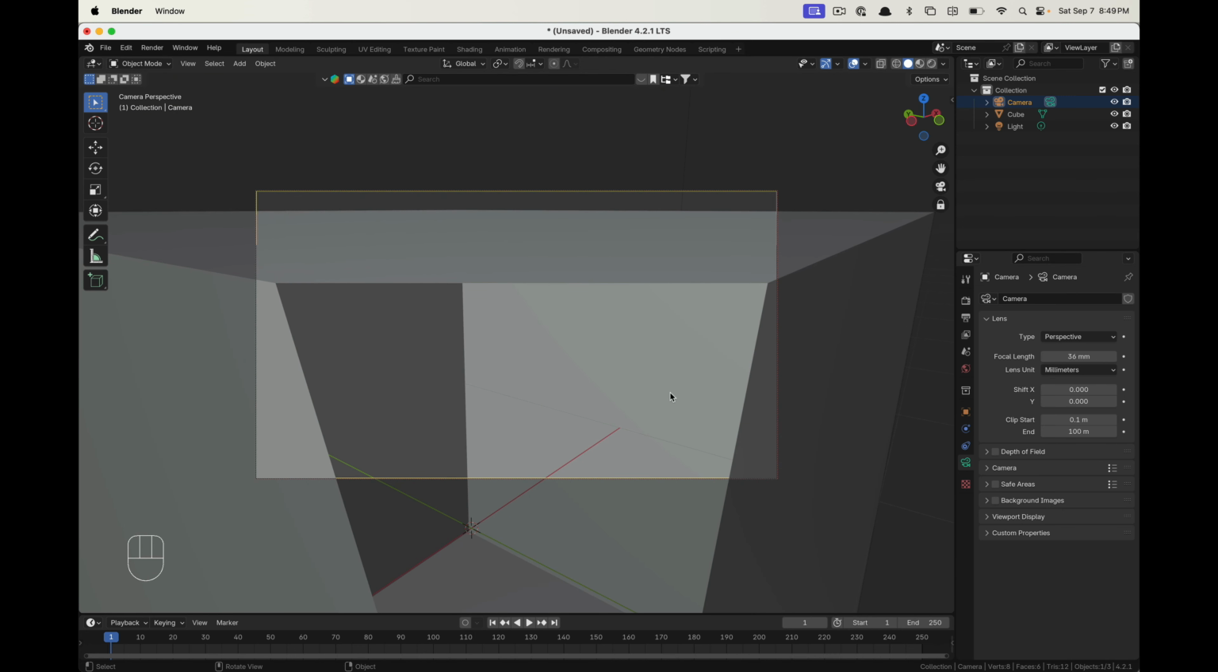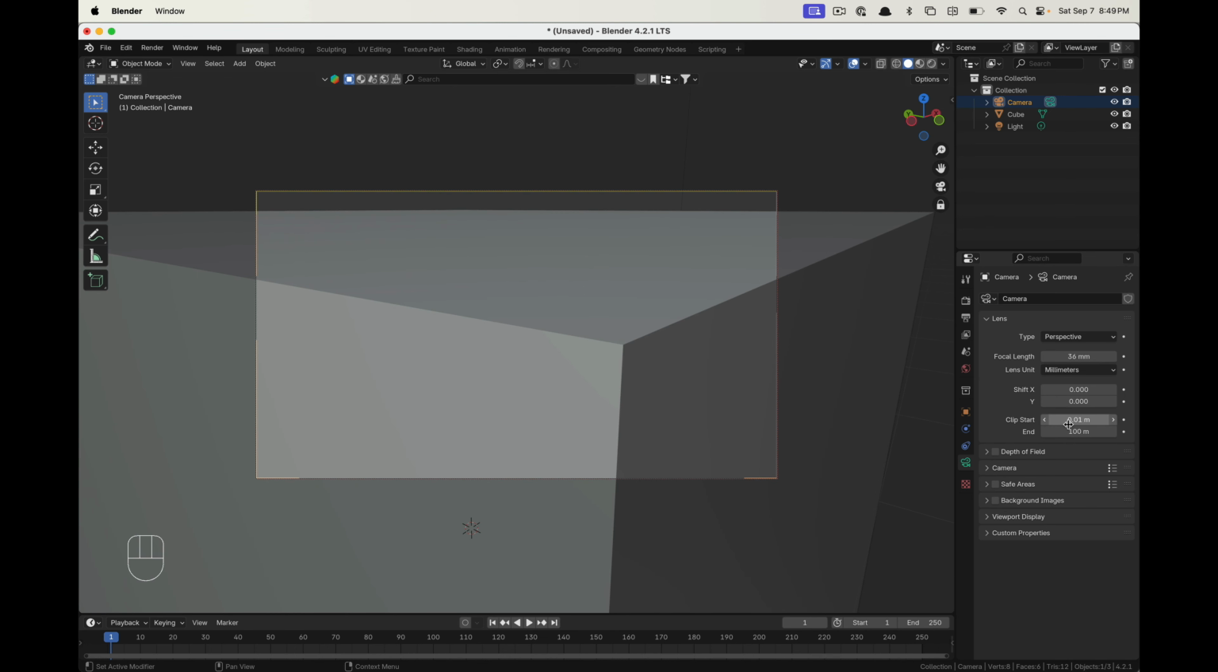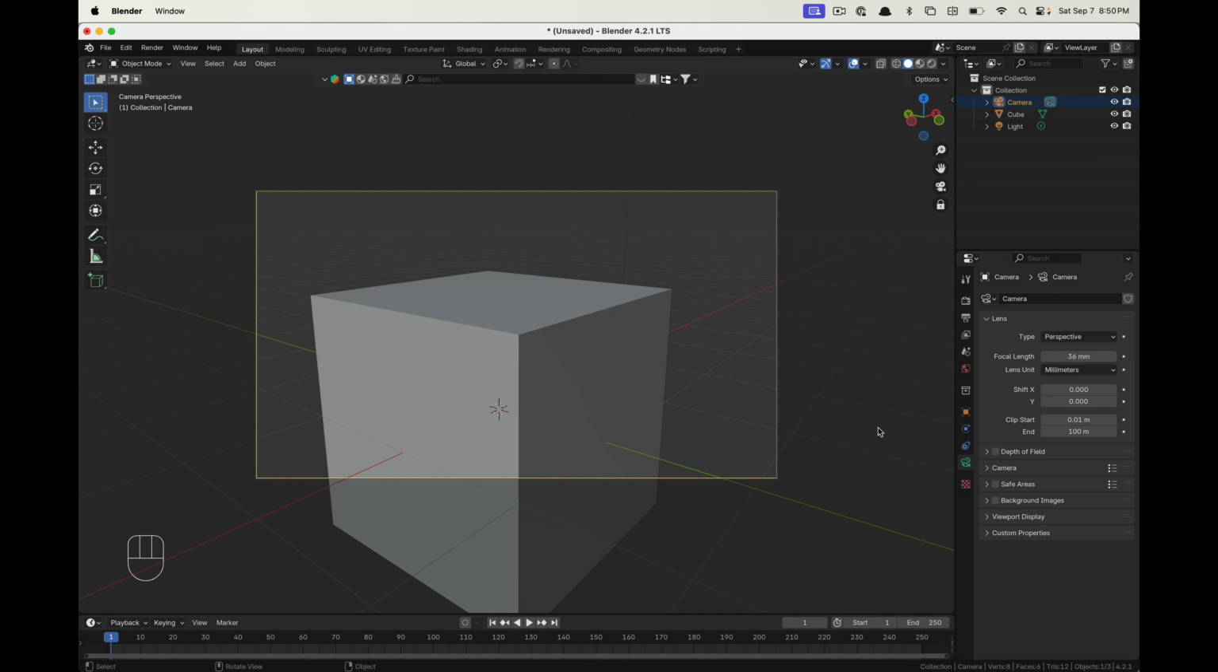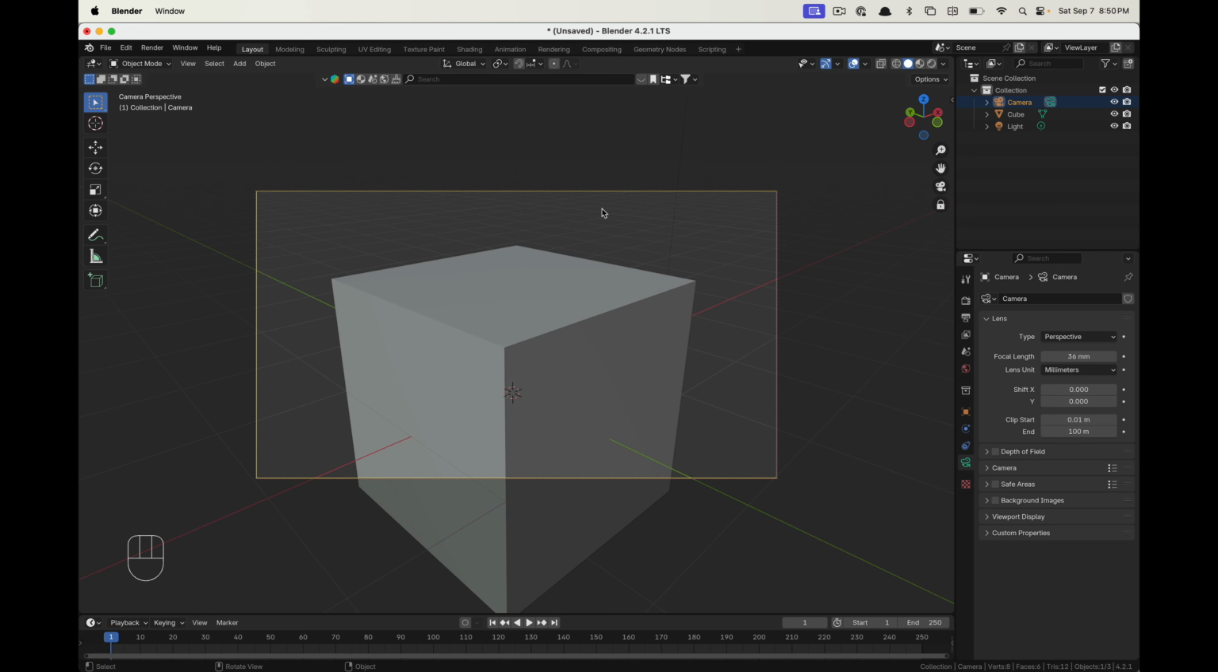This object is disappearing. What you can do is change the clip start, and we can actually make this start much closer to the camera lens. So I added a 0 after the point, between the decimal point and the 1, to make it 0.01 meters. And now we can see much closer to that lens. You can do that with clip end as well. If something is disappearing in the distance, you can add a 0 and it will bring that object into render